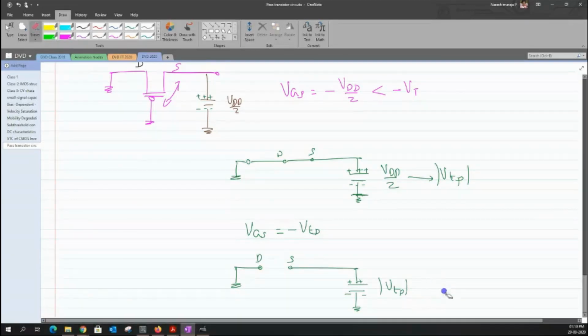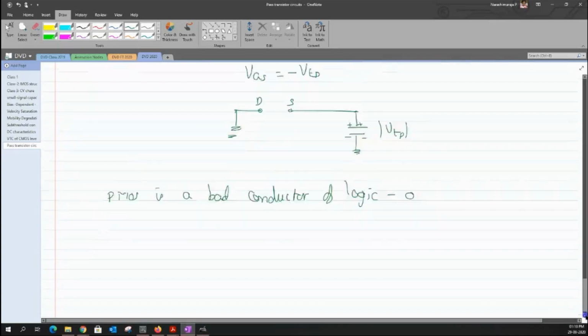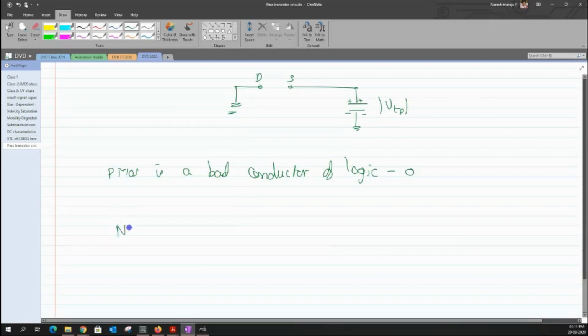Yeah, okay. So now from this, one could write a statement stating that a PMOS is a bad conductor of this potential, which is nothing but the logic 0. So I will just review what we have discussed. NMOS is good at something, and it's also bad at something. It is good at conducting a logic value 0, but bad at conducting the logic value 1. Whereas the PMOS is good at conducting the logic value 1, whereas it is bad at conducting the logic value 0. So it is because of these reasons.